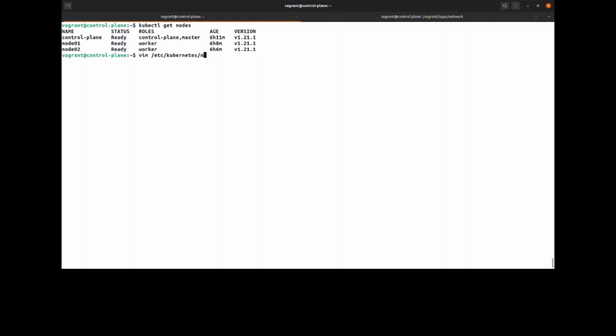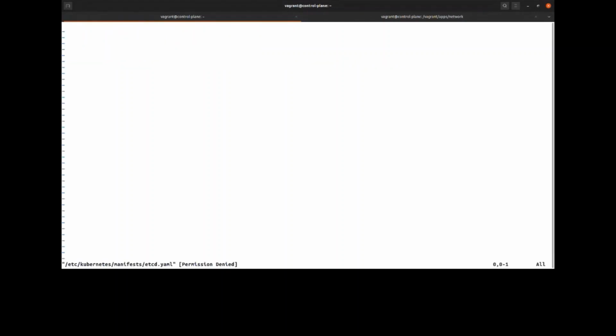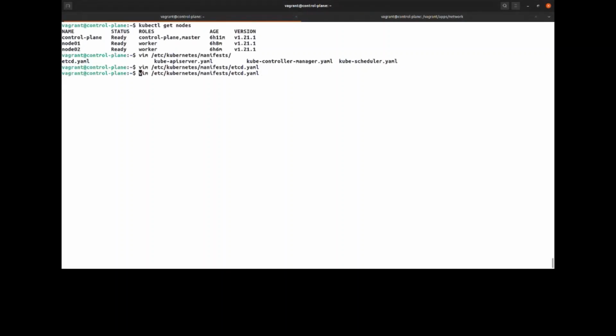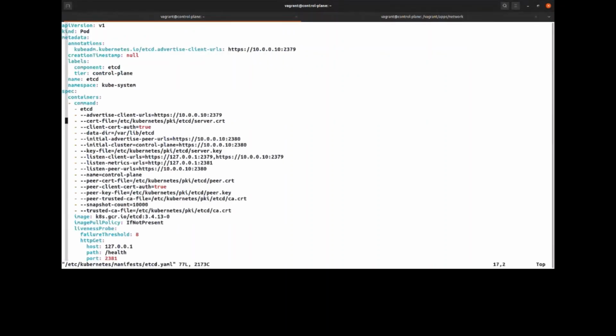Let's see the manifest. The manifests are under /etc/kubernetes/manifests, and I'm interested in etcd. So let's see the etcd YAML. Oops, permission denied because I need to use sudo. Okay. So you see here, it runs etcd with these options. Advertise client URL. This is the cert file, it's important. Now this cursor line is because of my vimrc. The client cert auth is true, that means it's using certificates. And this is the one that you might change. This is the only option that you might need to change, the data directory.